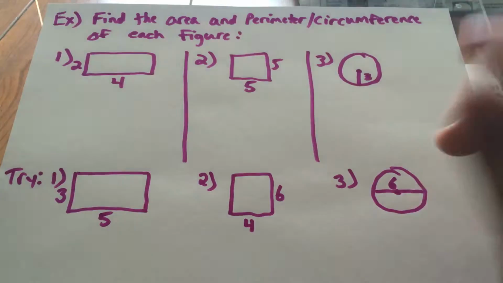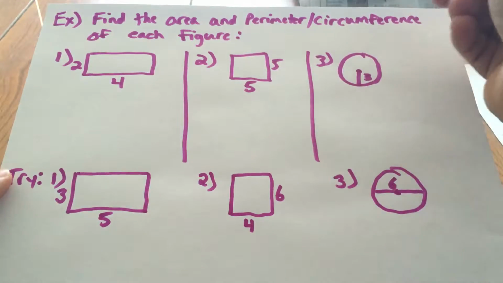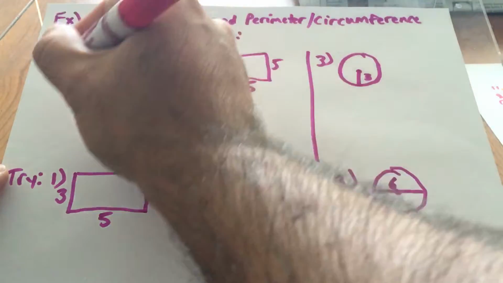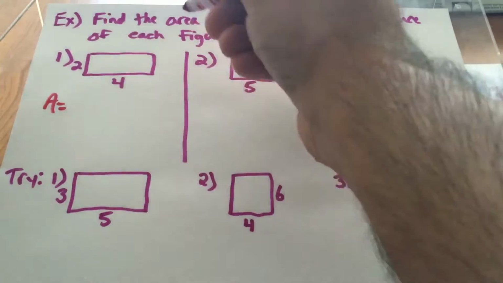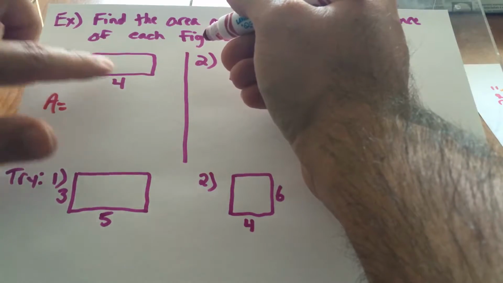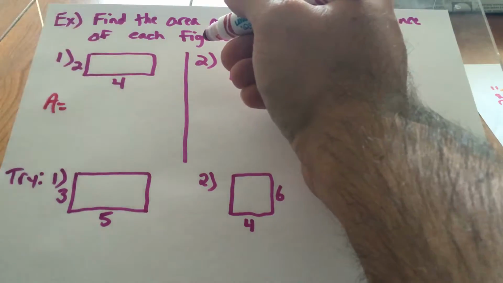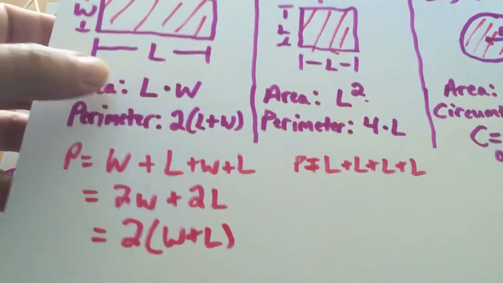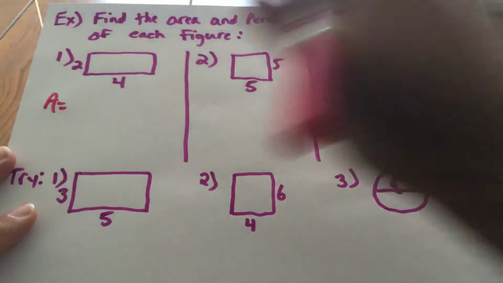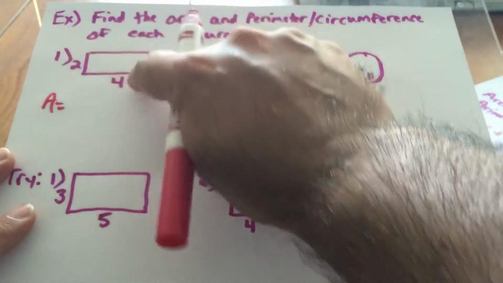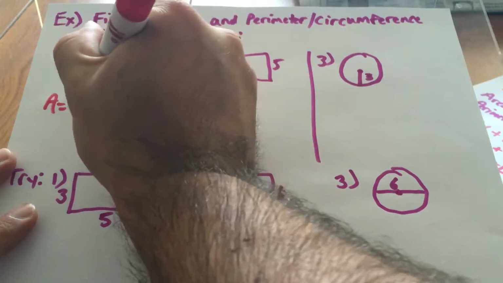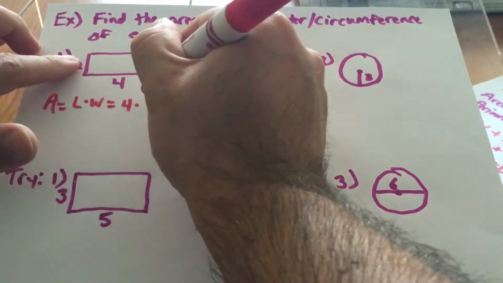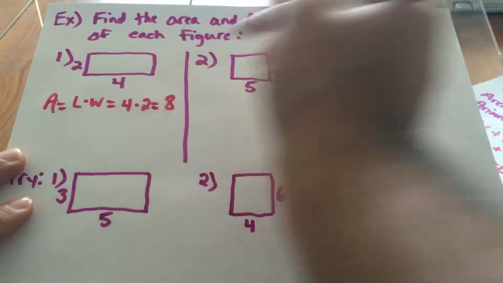Alright, so in this example, I want us to find the area and perimeter, or circumference if you're talking about the circle, of each figure. So let's find the area of this. Notice 2 and 4 are different sizes, so what we have here is a rectangle. If you go back to your handy dandy formulas, the area of a rectangle is length times width. So in this case, we're going to say W and L. So area is length times width, where length is 4 and width is 2,